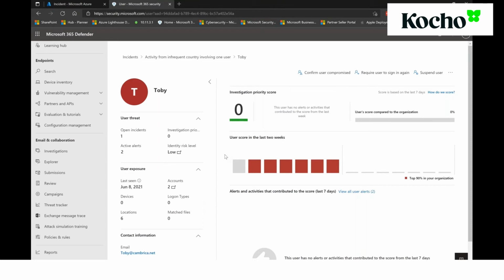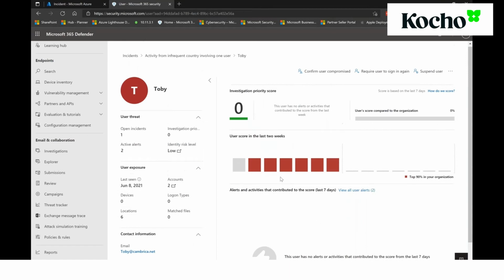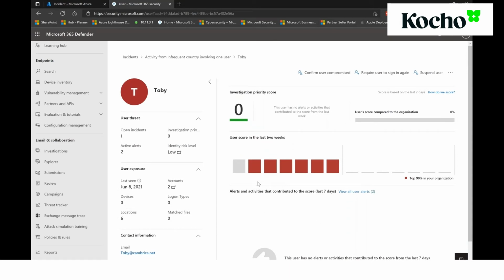That's being surfaced here within the security portal, again for convenience and clarity. Not a great deal of information here for this particular user, but hopefully you get the idea that you'll be able to see all the activities here relating to the user, what they've been doing, all the scores that have been applied in order to determine if this is a high priority identity that we need to investigate, and so on and so forth. Okay, so let's jump back into Sentinel